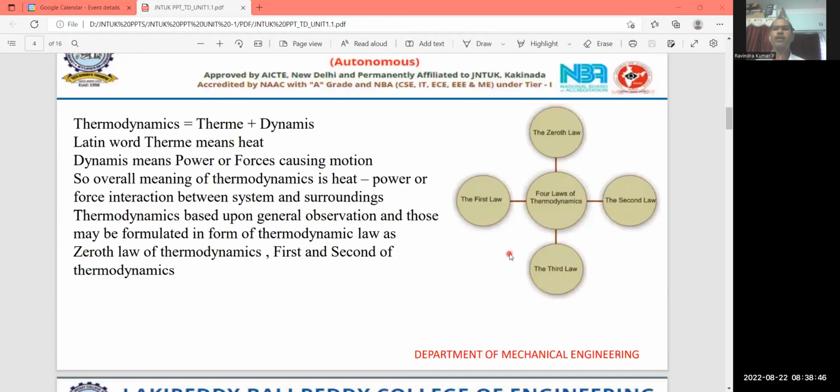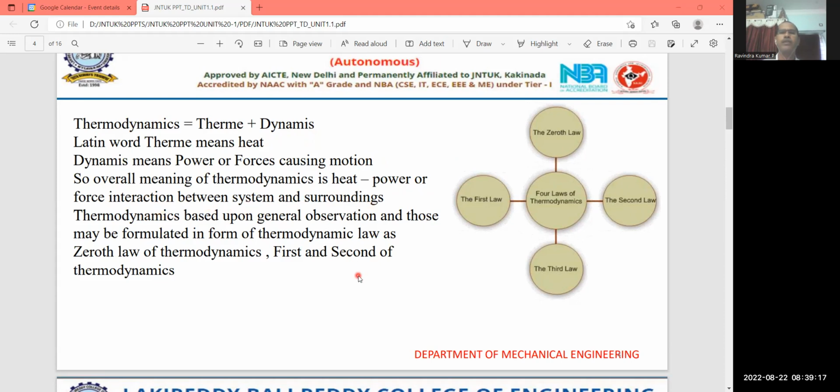But before that, what is meant by thermodynamics? How is this term obtained? Thermodynamics has two terms: thermo plus dynamics. Thermo means heat, which came from the Latin word. Dynamics means power or forces which cause motion. So the overall meaning of thermodynamics is nothing but heat or heat power, or a force interaction between a system